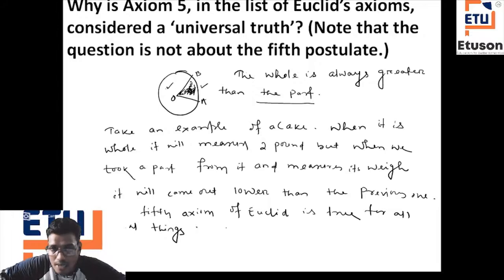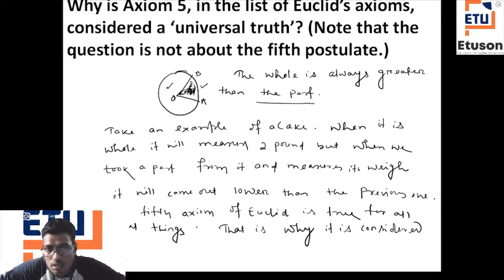That is why, जो स्टेटमेंट लिखना है, that is why it is considered a universal truth, okay, got the point। मैंने लिख दिया है यहाँ पर जानबूझकर कि आपको लिखना क्या है, राइट, लिखना क्या है,